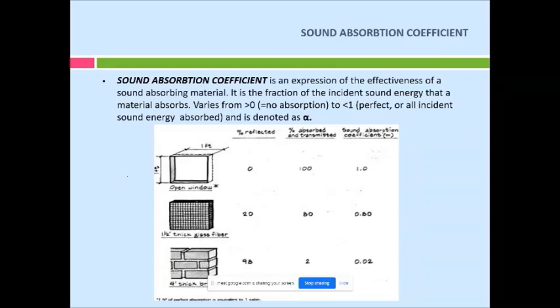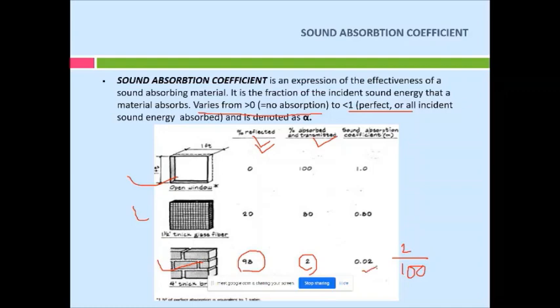Now let's take some examples for sound absorption coefficient. Again it varies from 0. 0 means there is no absorption and 1 means it is perfectly absorbing. So let's take the example of a brick wall, a 9-inch thick brick wall we have here. This is reflection, this is absorption or transmitted. So suppose we have incident sound energy on this brick wall. 98% of energy is getting reflected back and only 2% is getting absorbed or transmitted. So in that sense we can say the alpha value or sound absorption coefficient will be 2 by 100,